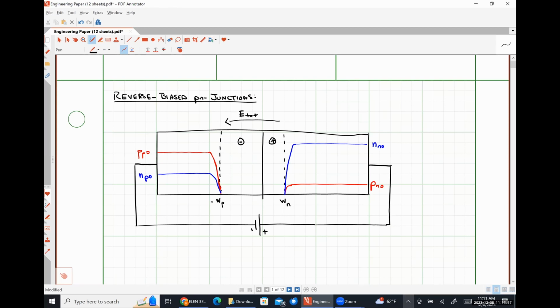So electrons are going to diffuse from left to right, get swept through. Holes are going to diffuse from right to left and get swept through. I'm going to write down those diffusion directions here just to be consistent. So here we have electron diffusion. Over here, we have